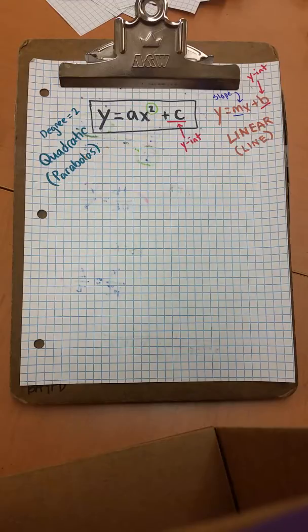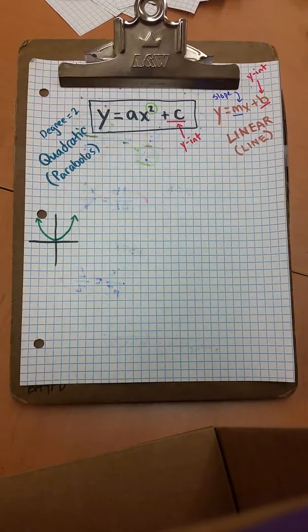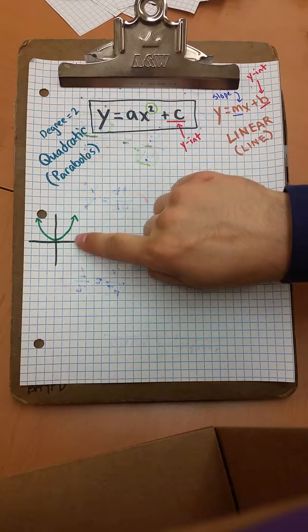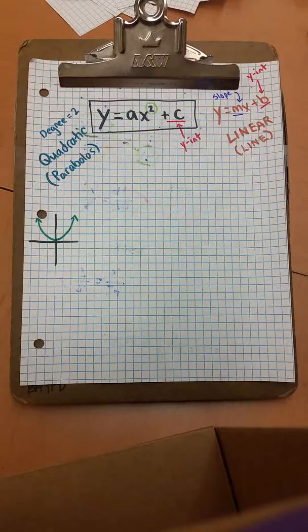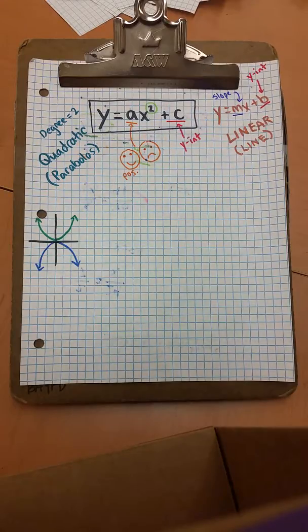Before, the coefficient of the x term was the slope. But the slope of a parabola is always changing, so a is not the slope. It is something sort of like slope, though. One thing that a does is it gives you smiley or frowny parabolas. A positive a will give you a smiley parabola, but a negative a will flip it over and give you